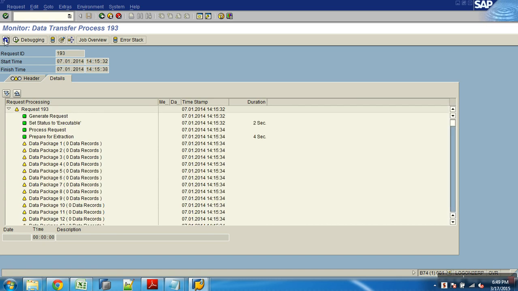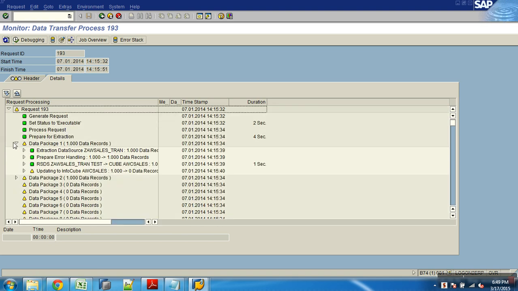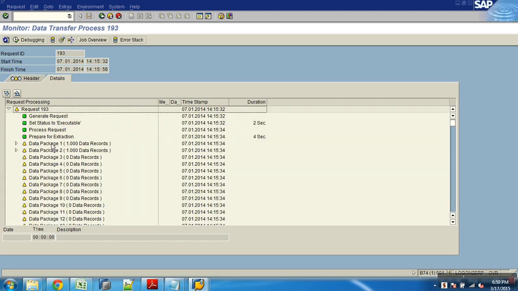Here it is a bit fast because I'm alone working on a server with 32 GB RAM. But in real time it may not be so fast. When it's slow, you can understand. See, it has processed two packets now.